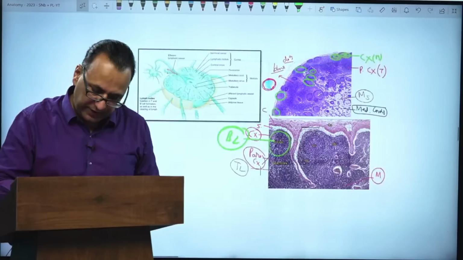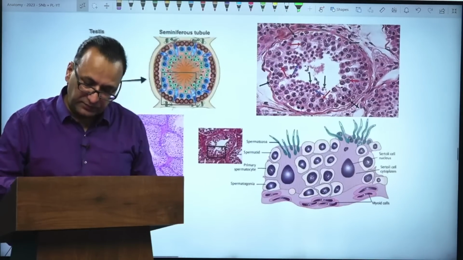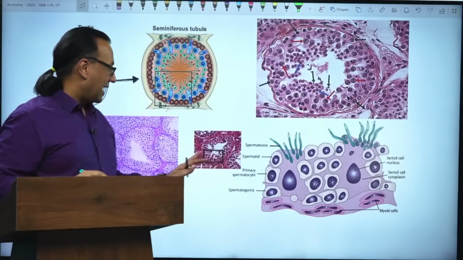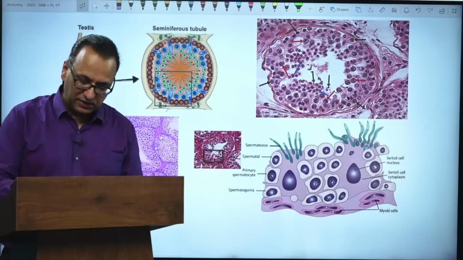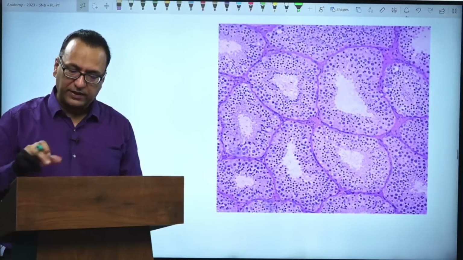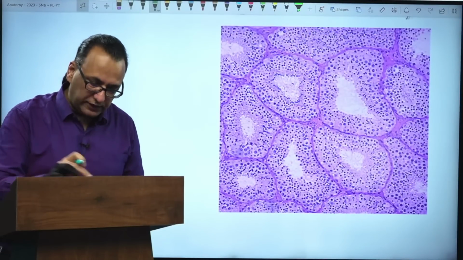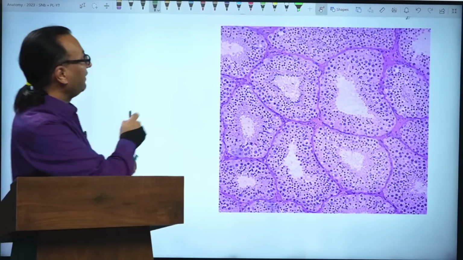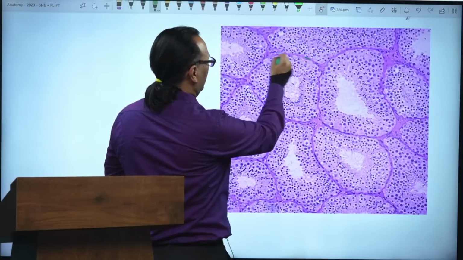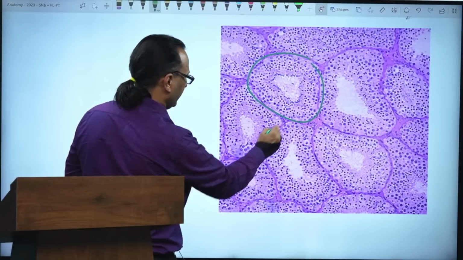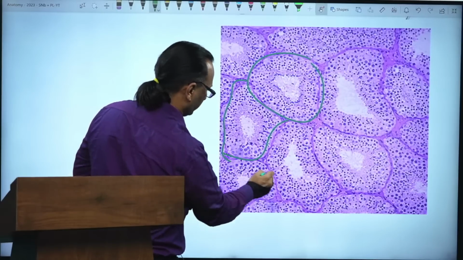Now, as we proceed further, this is testis. How do you identify the testis slide? You will notice that we have a lot of seminiferous tubules. These are the seminiferous tubules. And